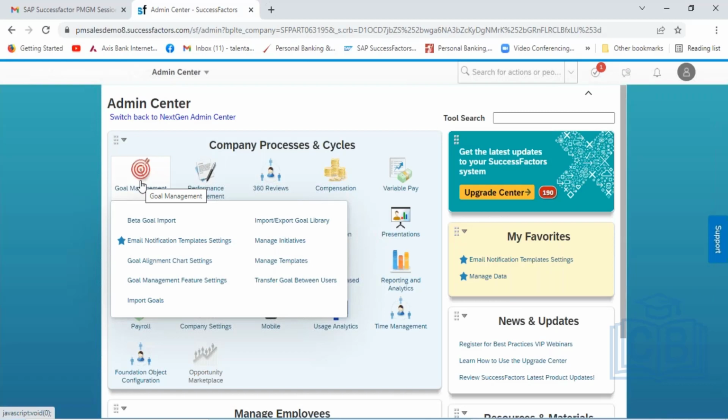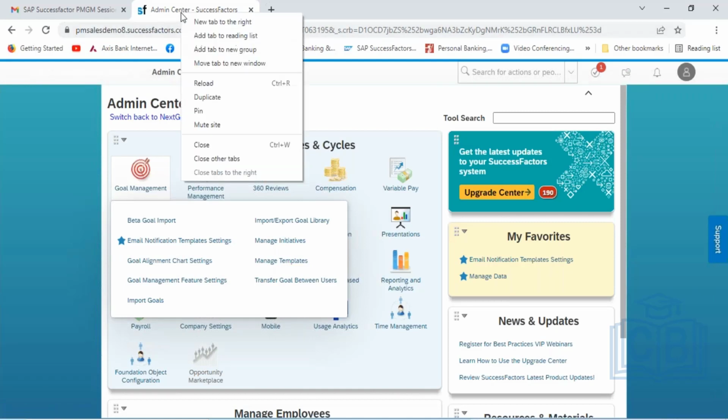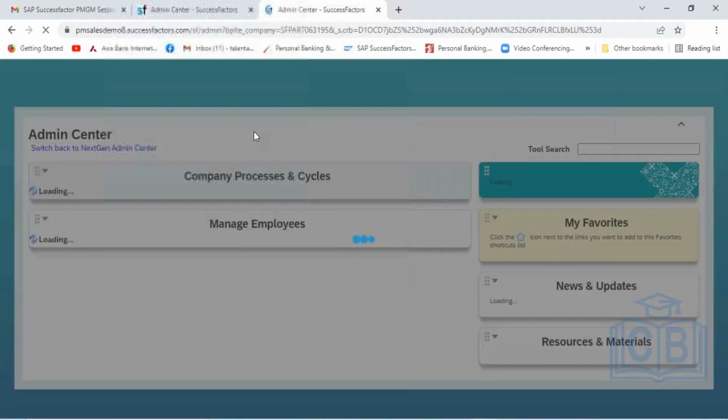Okay. Then the second part is the RBP part, that is the role-based permission. You have to give the necessary permission. When you give the permission, then only all these features will be coming under the goal management. Got it? So I am getting this feature because I have these permissions enabled. How can I see? If I go and duplicate the screen here,